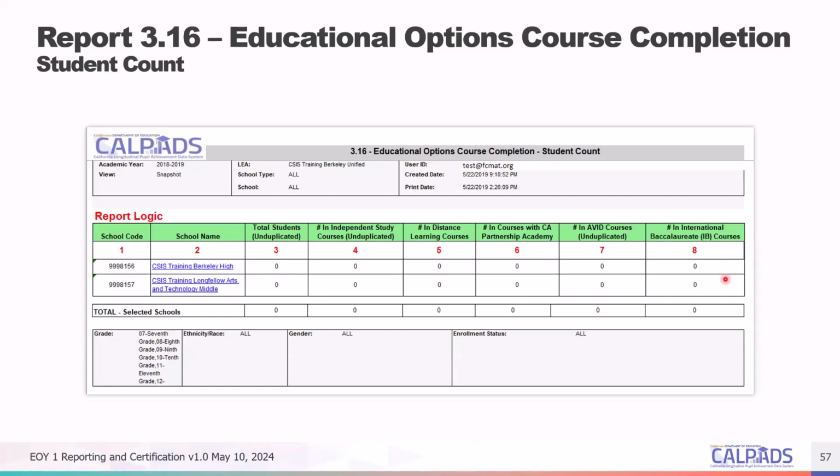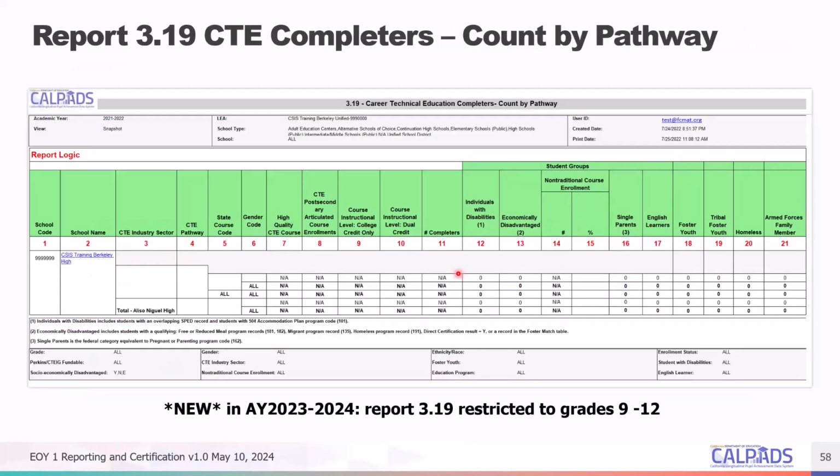So if the course is marked with any of these indicators, that course would be reflected here, and it's just an aggregate count of the students in these educational option courses.